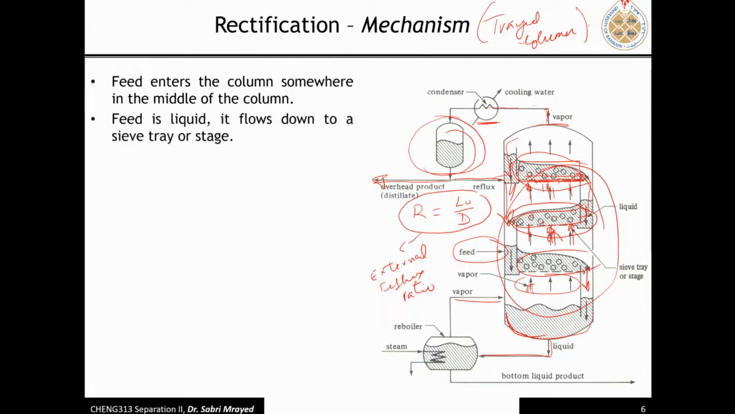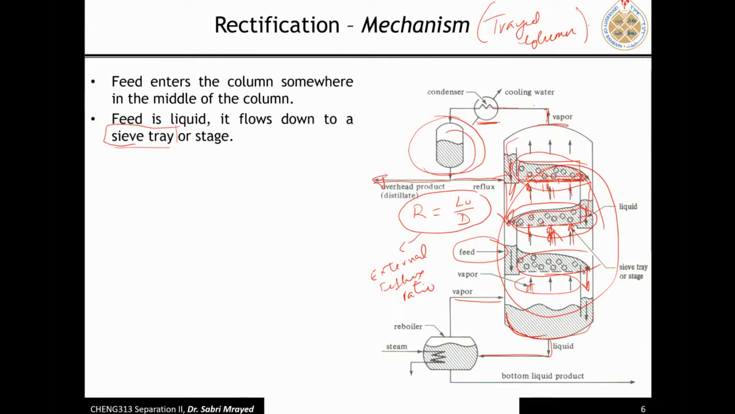Feed is liquid, it flows down to a sieve tray, a perforated tray. I don't want you to focus too much on the type of the stage, whether it's a sieve tray, bubble cap, or other types, because it is something we need when we do the rating, or when we do the mechanical design, or if we investigate the hydrodynamics of the column, which is not really covered in this course. It's something you're going to, inshallah, study